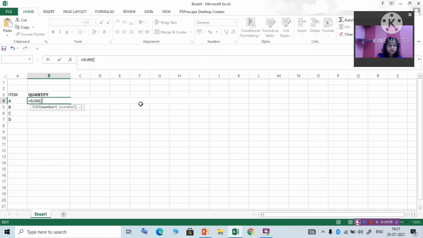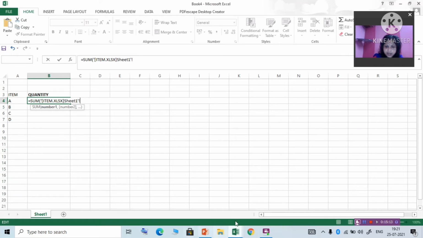First write the apostrophe symbol, then the file name, the exact file name, item.xlsx. Then close the bracket and write the sheet name where the data is present: Sheet1. The formula must be correct.